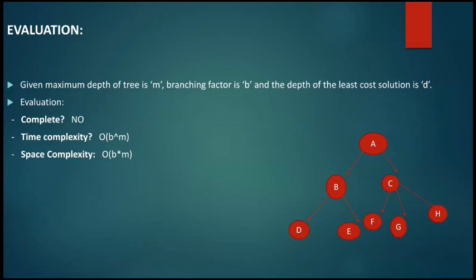Then how can we make sure that it will find the least cost goal, as in some cases it is incapable of finding a goal at all? So how can we trust it with finding the least cost goal, right? That is why it is not optimal.